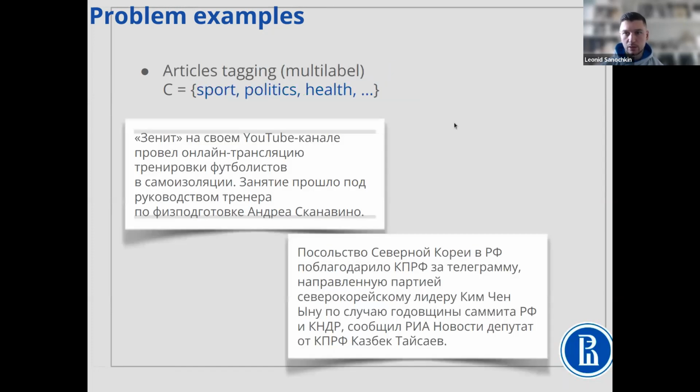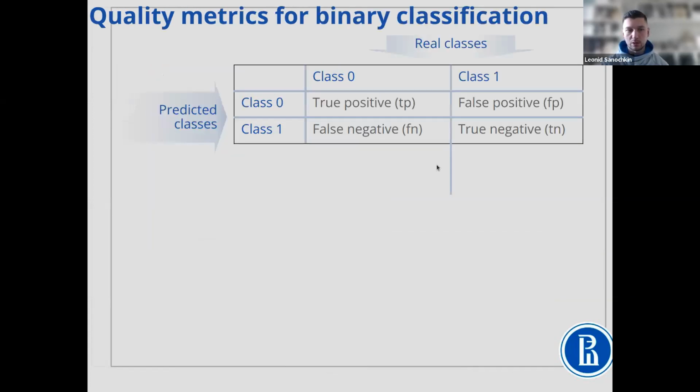And of course, you can have some multi-level cases. For example, news articles classification, where one document can be referred to some set of texts, and by text we mean classes. Okay, what are common quality metrics for this task? I think you are familiar with this sort of